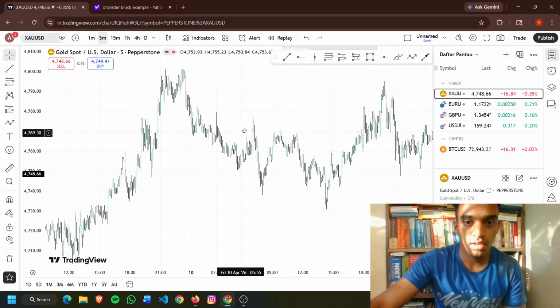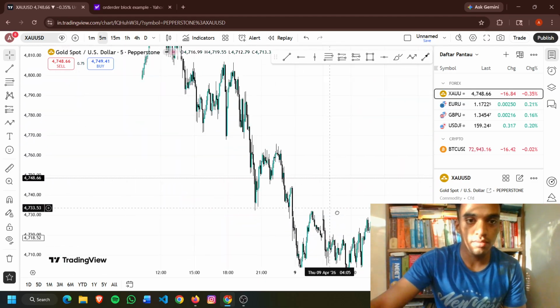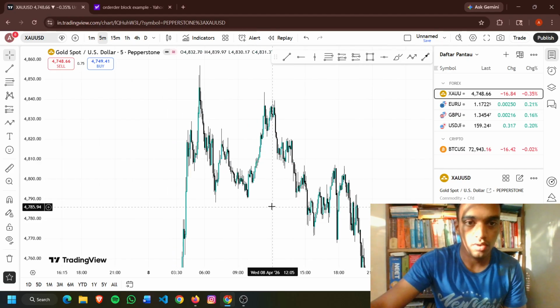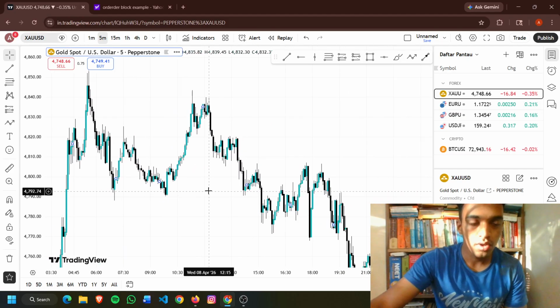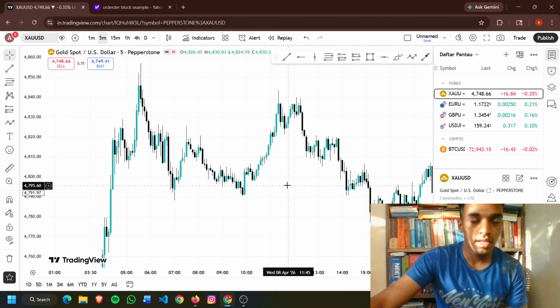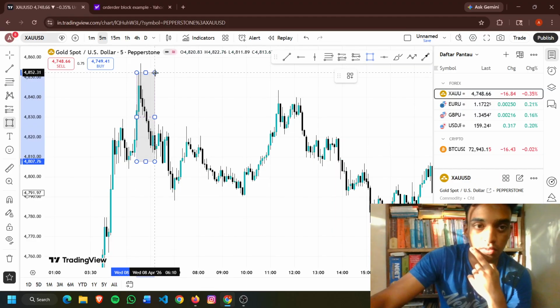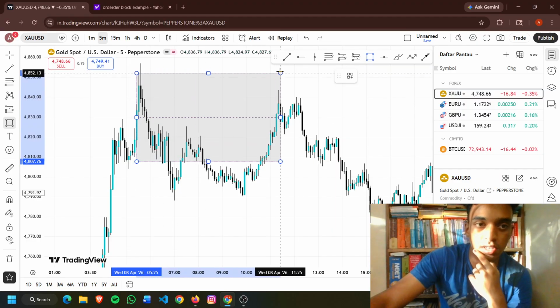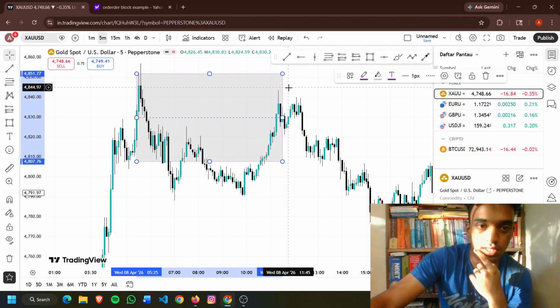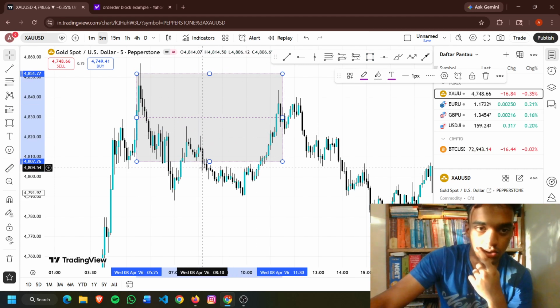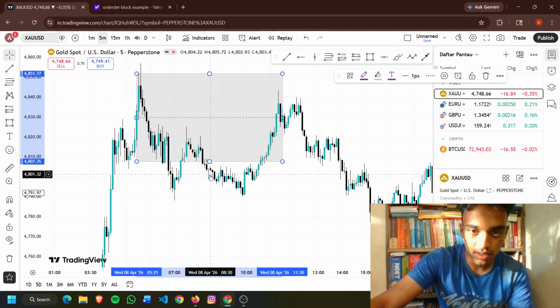Let's go for a liquidity sweep first and then go for an order block. Okay, this is fine. This is a previous up move prior to an impulsive down move. So this is an order block. So we can take